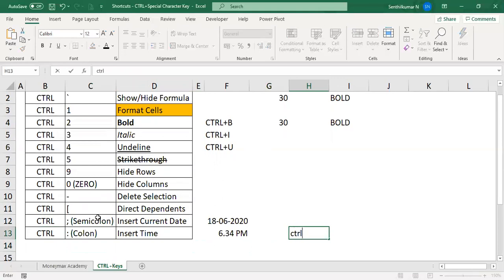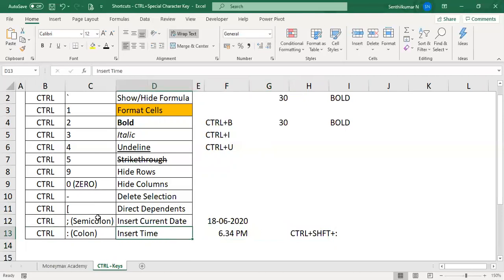Suppose you are using a desktop, you can use it directly. If you are using a laptop, you have to select Control Shift plus colon. This is the timing shortcut. If you want to insert the current date or the current time, you can use the shortcut.